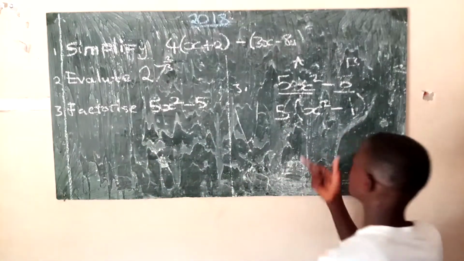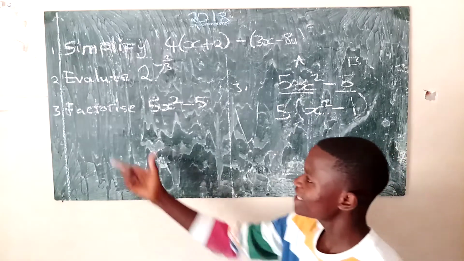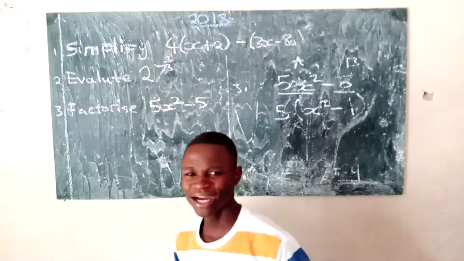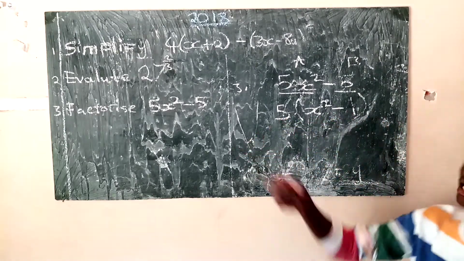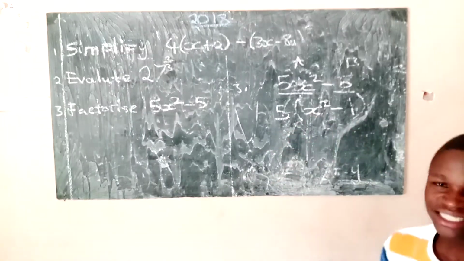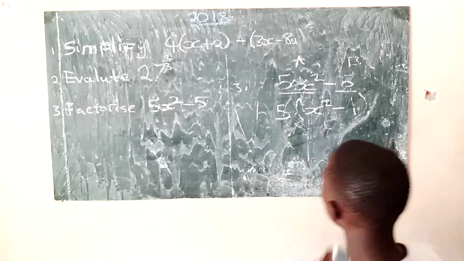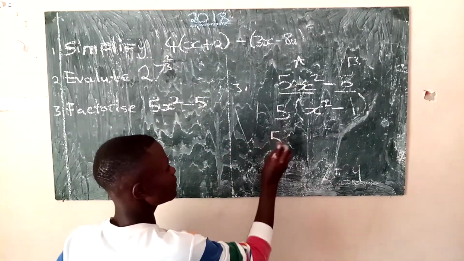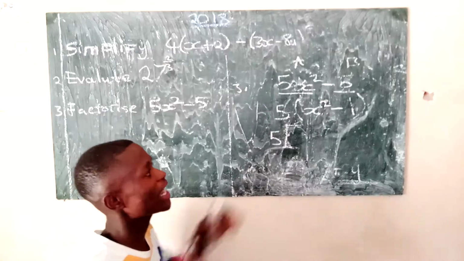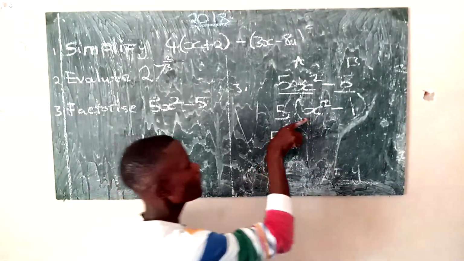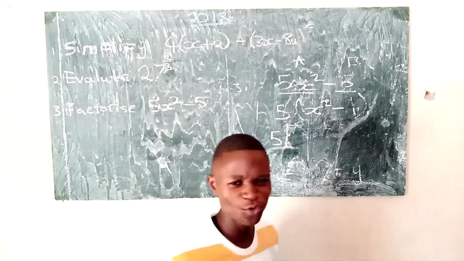Now if you look at this expression, we can also factorize it again. Here they have omitted the word completely, but to show them that we know mathematics, we have to factorize it again so that we complete it, because this one is not complete. So 5, you introduce now the square brackets. You are going into another level now. So you factorize what is here. Here the principle we use is difference of two squares.